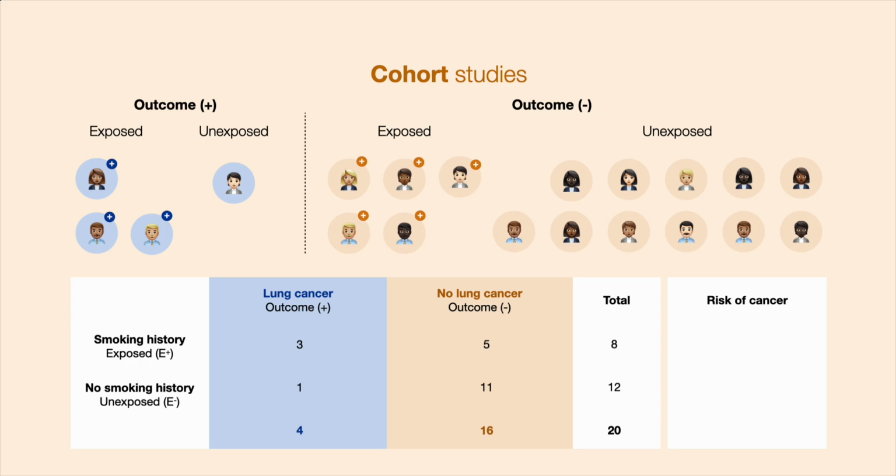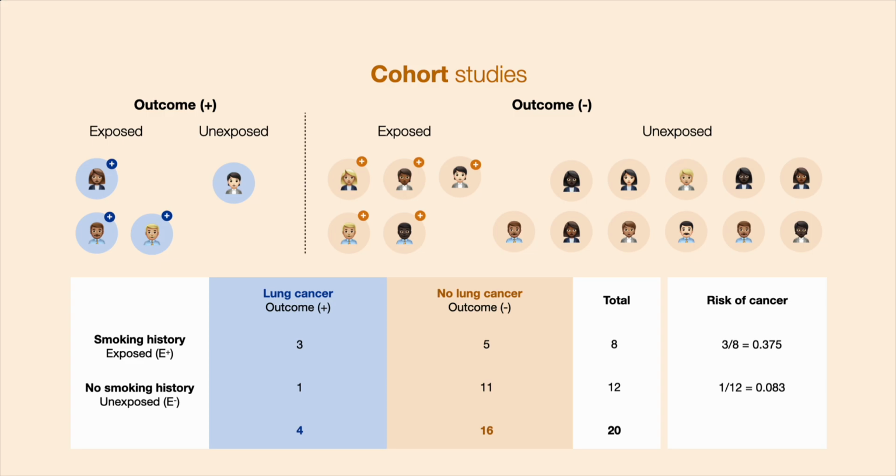We want to know, of the participants who smoked, what the probability of developing lung cancer was. We go about this by calculating the incidence of lung cancer in each of the exposed and unexposed groups. In the smoking or exposed group, the incidence of lung cancer is 3 divided by 8, which is equal to 0.375. The incidence of lung cancer amongst the non-smokers or unexposed is 1 divided by 12, which is equal to